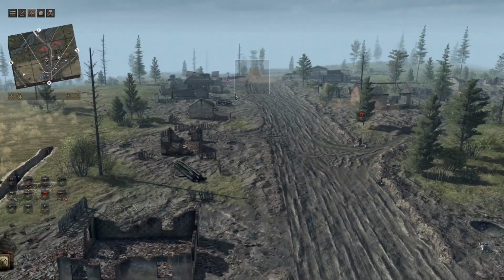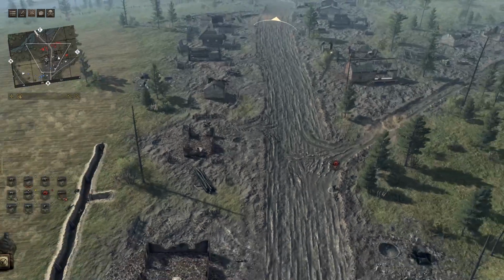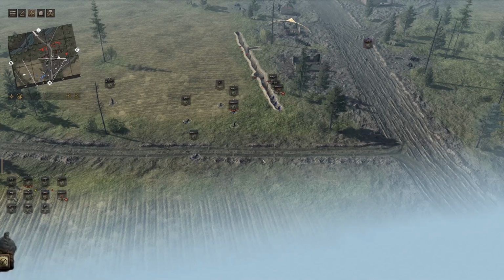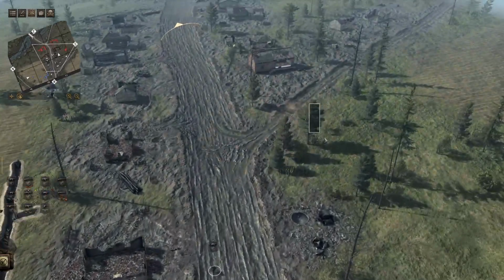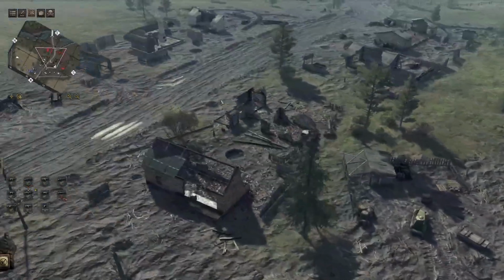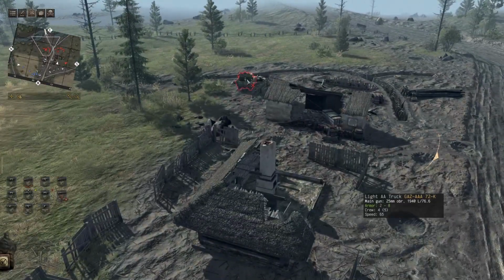The hell? Why'd the mortar round land there? I don't know who the hell shot that, but alright. The boys made it out. Okay, so far only one loss. An F's in the chat for Hans Gruber. Always Hans. Okay, the last target would be then this GAZ